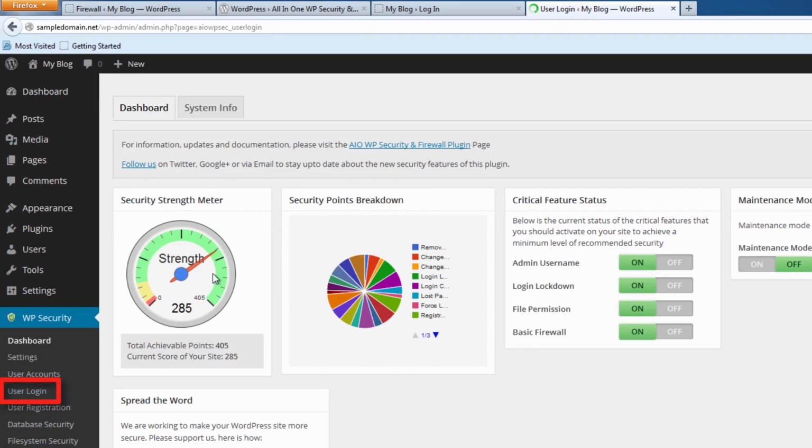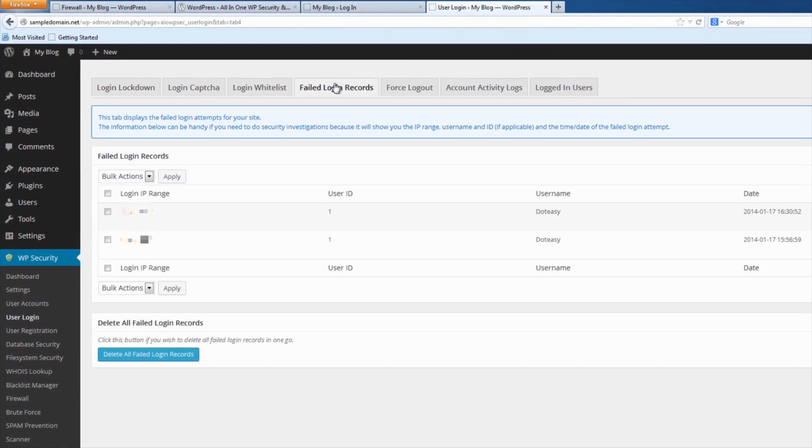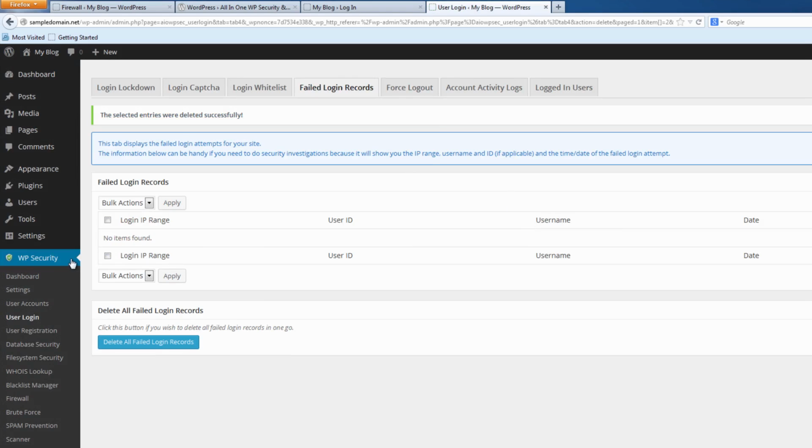So we're going to go back in here to user login just to give you an example. And we can see where it says failed logins. It shows us the failed logins we did here. So this is just an example of what you can see here, although we did by accident, but there's a good example here that shows you, yes, this is a failed login, this is what it's going to look like. So you can go and you can see this is the time they failed to log in, this is the IP address, and it's going to go ahead and after a certain amount of time, block it out. So you can go in here and you can delete these, you can unblock them however you want. So we're just going to delete these in this case because we know they were done by us, they're not a problem. So now that we've got that one done, we're going to go down to the brute force section,